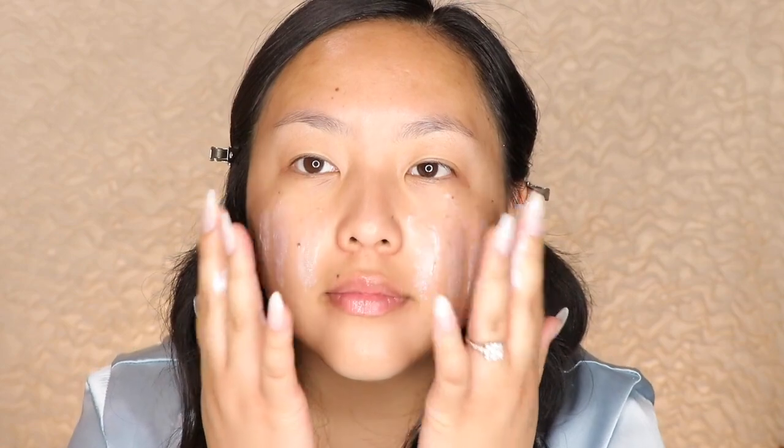Now, I don't typically mix my sunscreens, but for the sake of the video, I'm going to apply both of them so you guys can see how they look on my face. So I like to play pianos on my face and then gently pat the sunscreen into my skin, just making sure to apply it everywhere so I am covered and protected from all the UVA and UVB rays and all that sun damage. And that is my last step for my morning skincare routine before I start to prime and